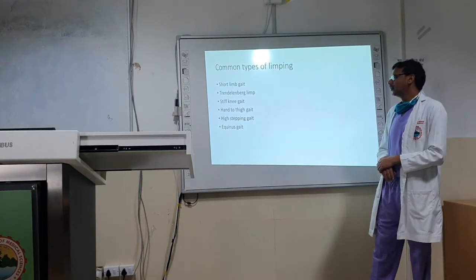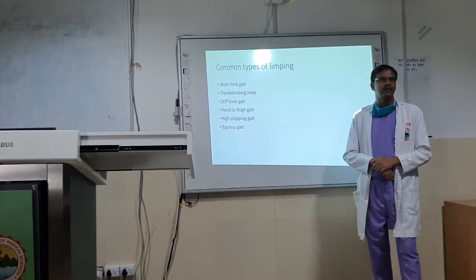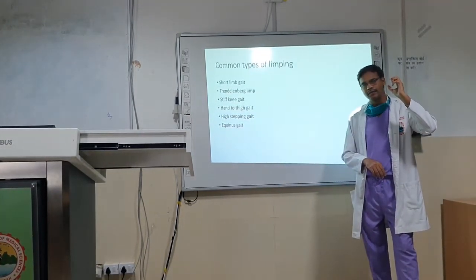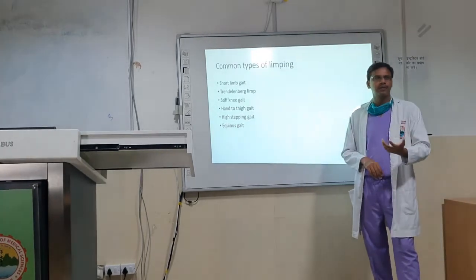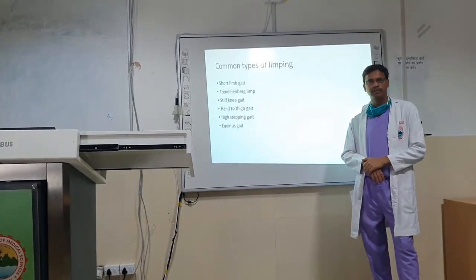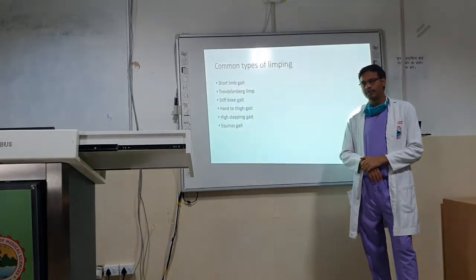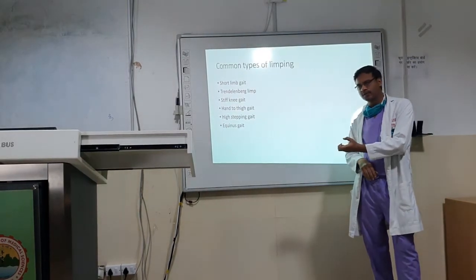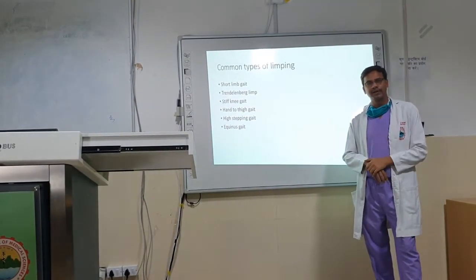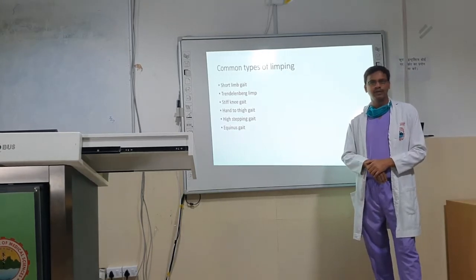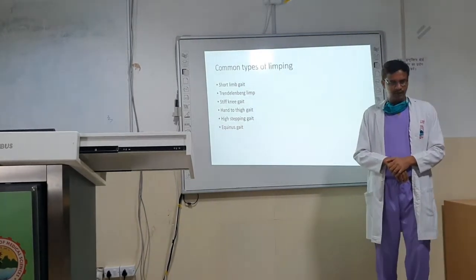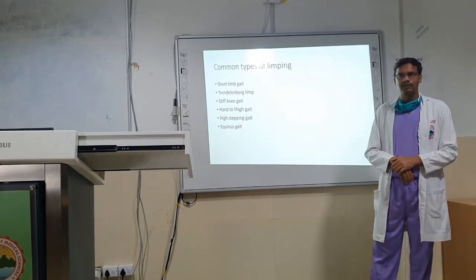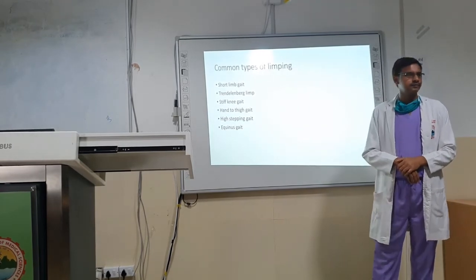Okay. Now the next type of limping common is Trendelenburg limp. So all of you are aware that if there is a problem in the fulcrum or in the lever or in the power of the hip joint, then there will be Trendelenburg type of gait. Most commonly we come across either a fulcrum problem, non-united neck fracture, or maybe some muscular weakness. Or in cases of DDH the fulcrum is problematic. The characteristic of this type of gait is unilateral. When the child walks, there will be swaying of the trunk to the same side.